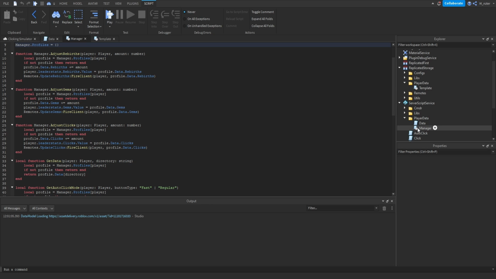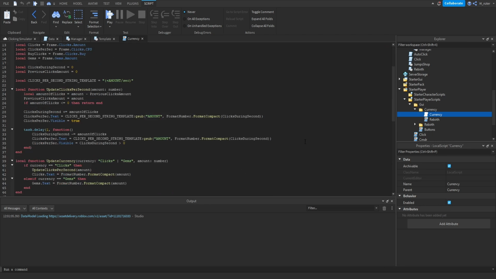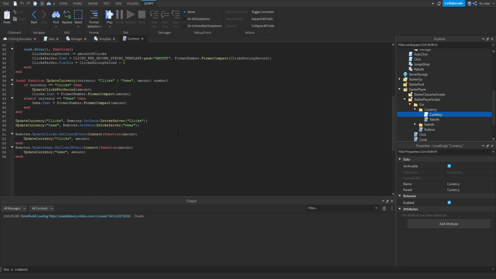Now, we should take a look at how we handle player data on the client. So if we go inside of the starter player service, inside of the starter player scripts, we have a couple of scripts inside of here. Let's just open up the GUI folder inside of the currency folder and open up the currency local script right here. Now, if we scroll all the way to the bottom of the script, we can see right here that